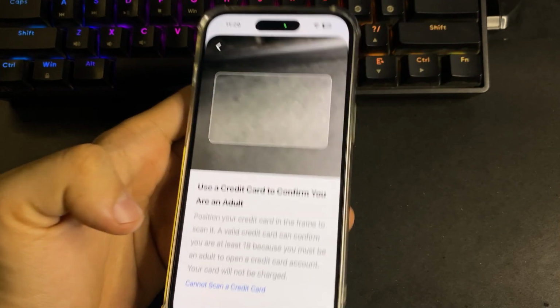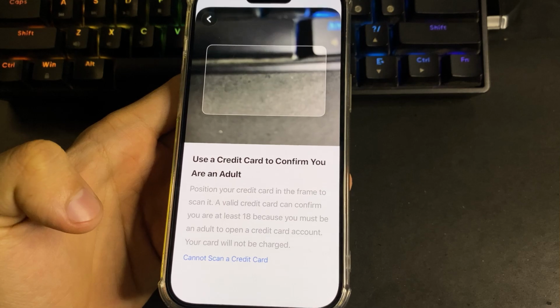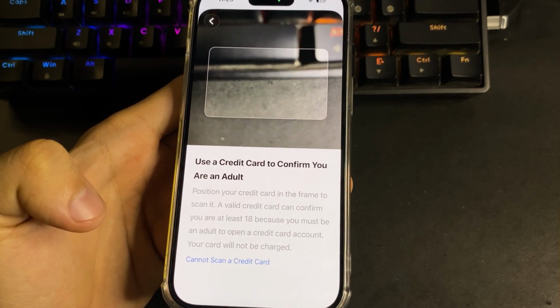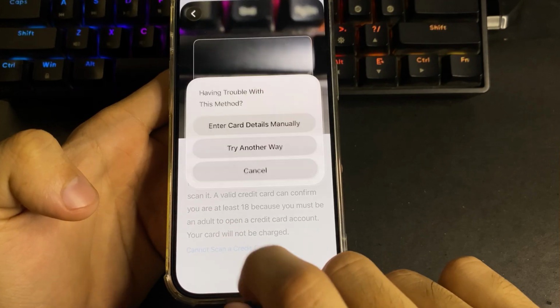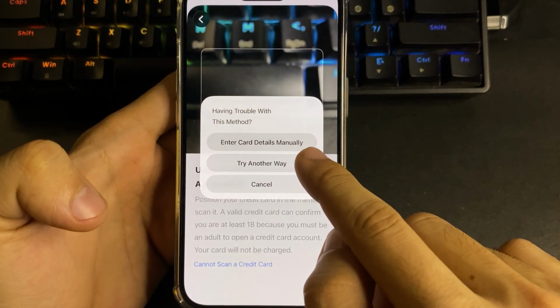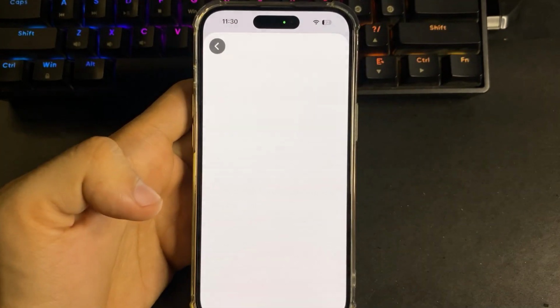If you don't have a credit card, you can verify through a government ID. Simply tap on Cannot scan a credit card. Then tap Continue